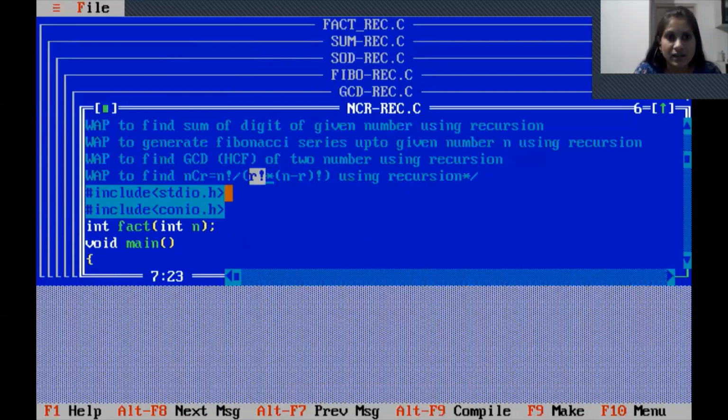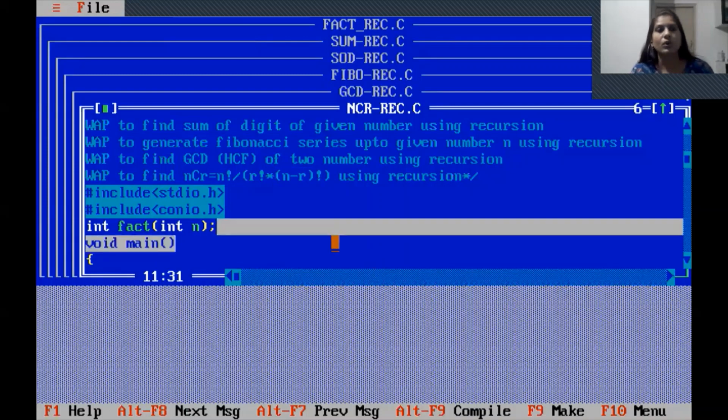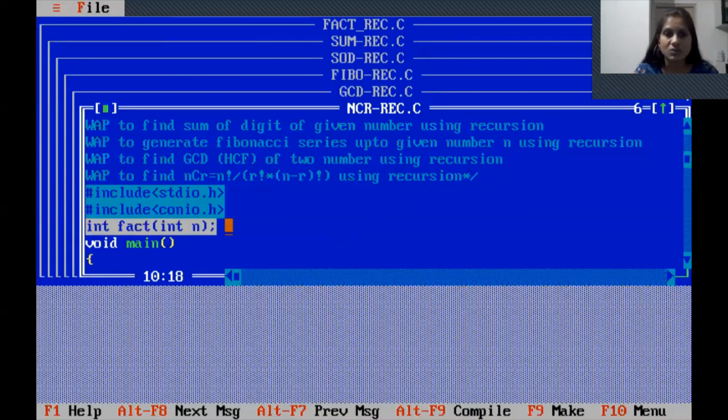So factorial is already done with recursion in our first program, that is, find the factorial for n, find the factorial for r, and find the factorial for n minus r, and put these values in the equation. So here the fact function is called, same as the factorial logic.